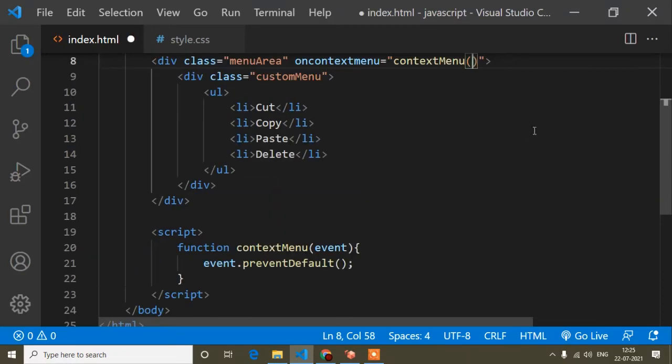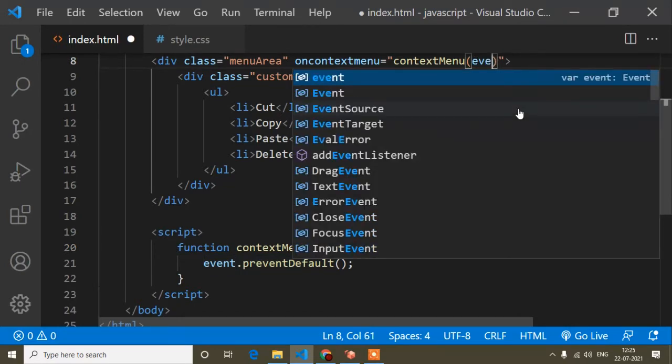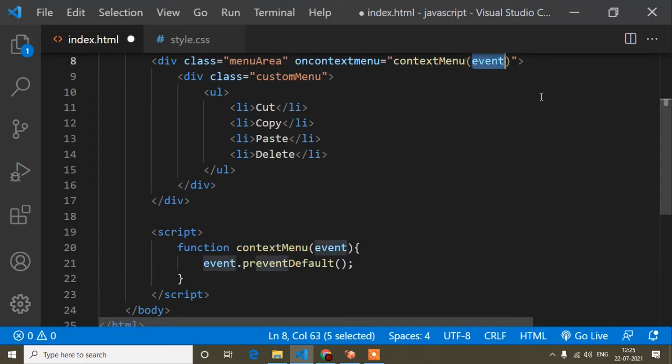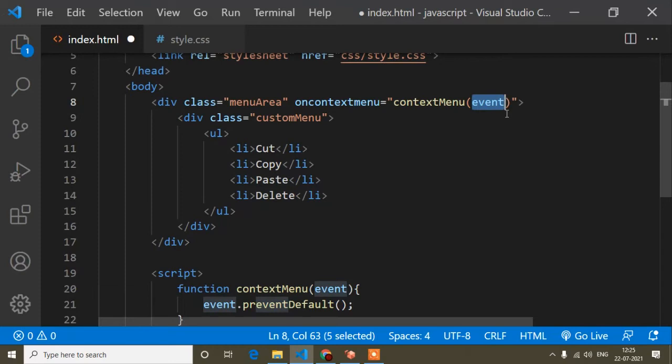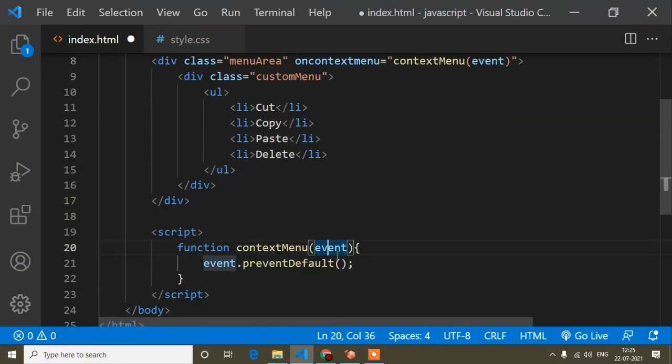I forgot to pass a parameter. Here you can see I have passed a parameter inside this method, that is event. I mean it will listen to the event. Suppose if I click, it will listen to the click event. If I hover, it will listen to the hover event. But guys, here I did not pass the event. So here is the JavaScript predefined parameter, you can say, that is event. So this parameter listens to the event. Here you have to write the event parameter. This parameter name you cannot change. But guys, here you can write any parameter name.